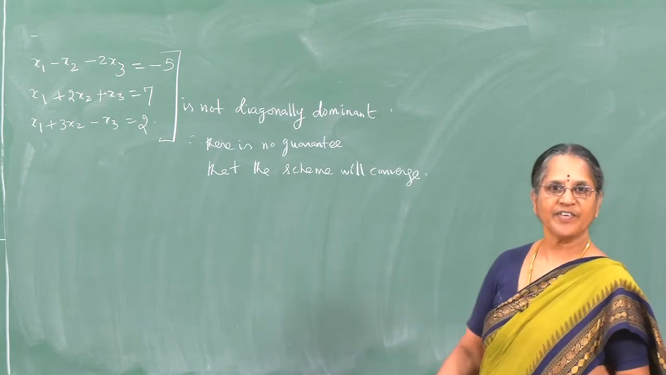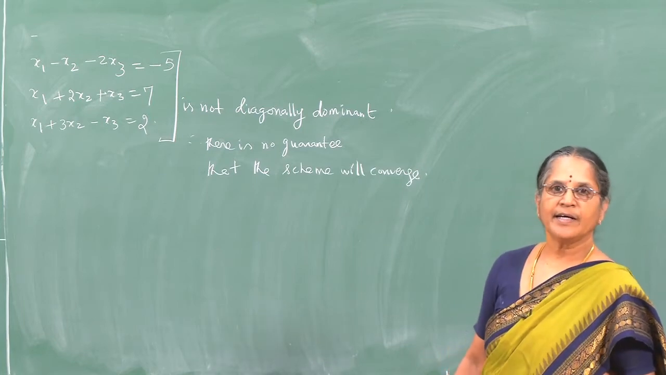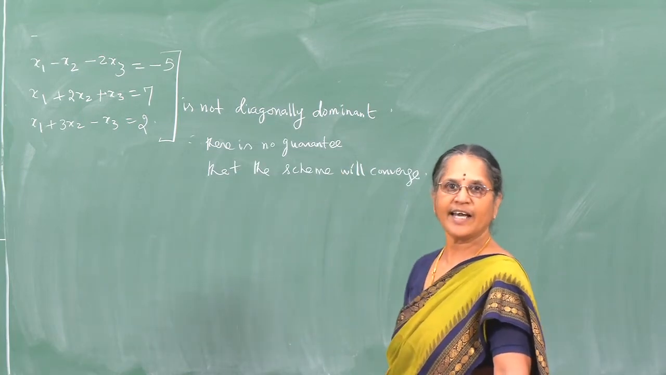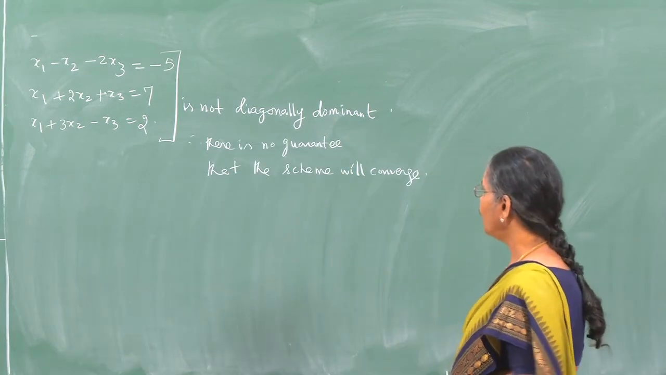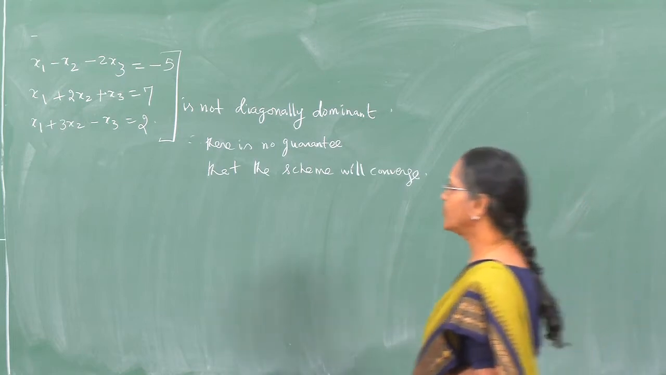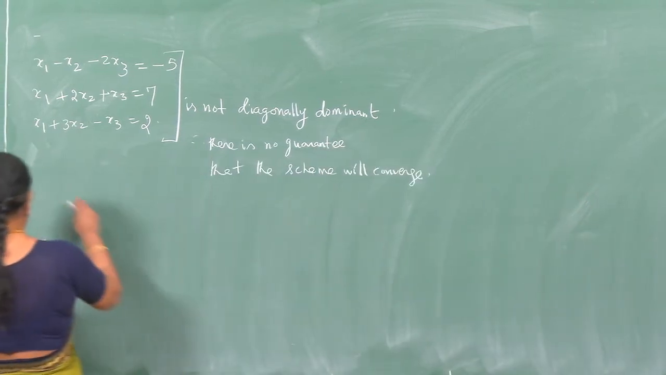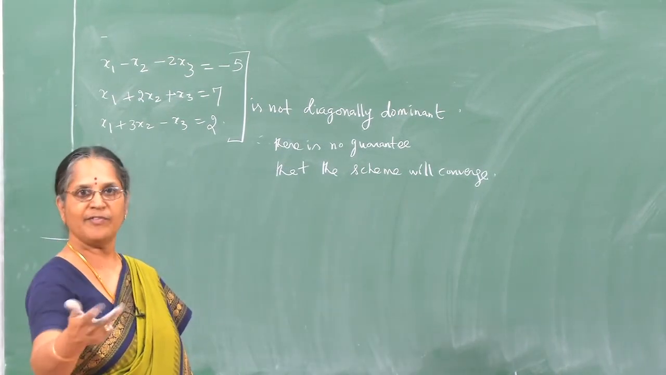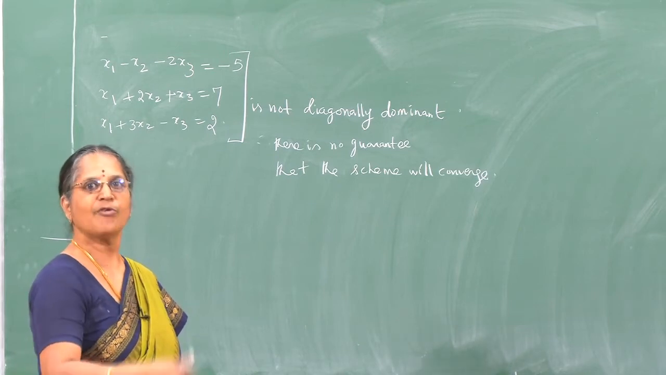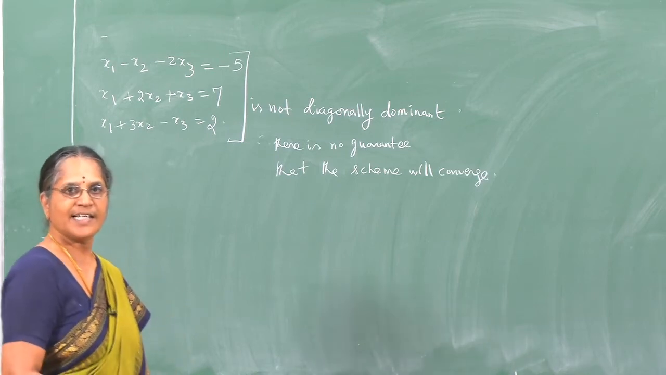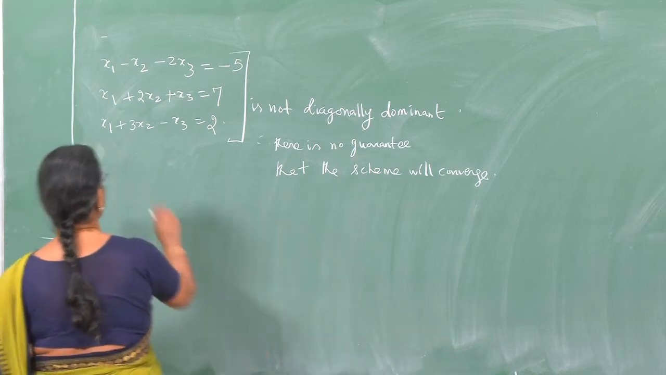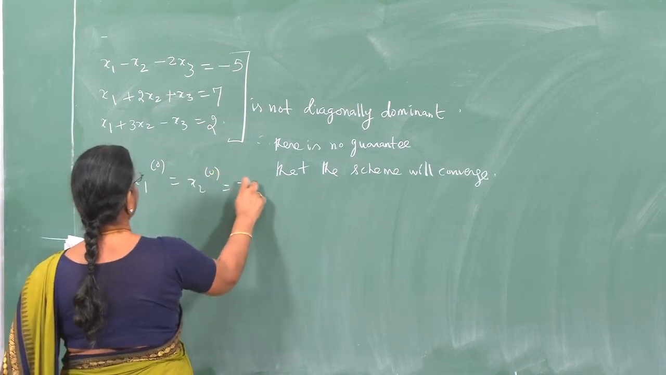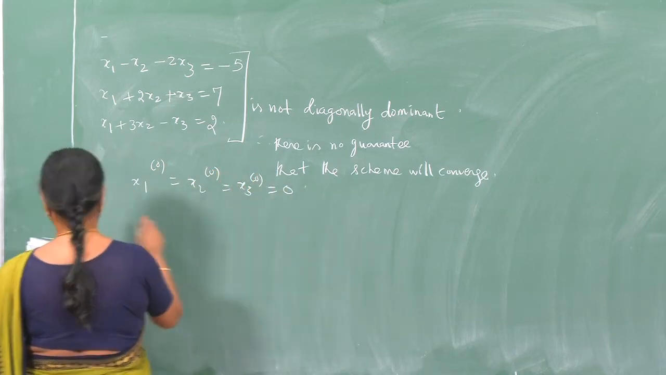So, the conditions are sufficient and not necessary, and therefore, in this case the matrix A, which is the coefficient matrix, is not diagonally dominant, and therefore, there is no guarantee that the scheme will converge. At the same time, we cannot say that both the schemes will diverge. So, let us work out the details and see what we get, starting with some initial vector. If I start with an initial vector x1 0, x2 0, x3 0 equal to 0,